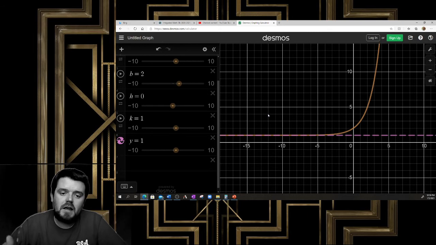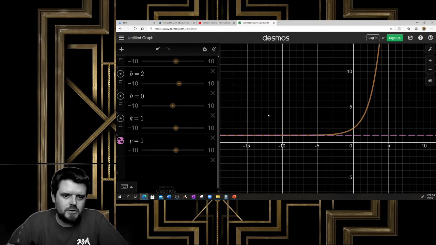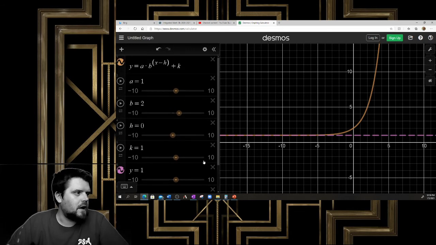You are going to be given a function, and you're going to be asked to translate that function and give the equation. So, just like we did with quadratics, just like we did with absolute value, I might ask you: up 3, down 4, up 3, right 4, what's the equation? That's basically what you're doing in this assignment. One other thing that you can change,